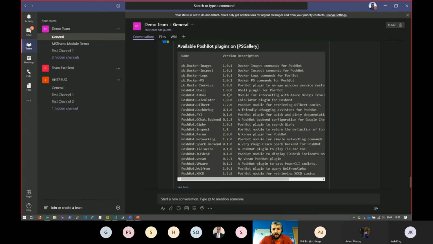He's just released that as a beta at the moment, but if you install that, you can find out what builds and releases are succeeding and failing and run reports on that. There's a GChat backend, which I mentioned. There's a networking one, where you can do simple ping and dig commands, and VMware, and I believe with the VMware one you can do VM snapshots and connect to your VMware servers and things like that.